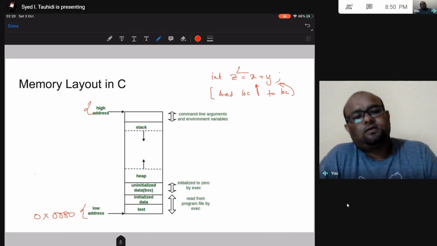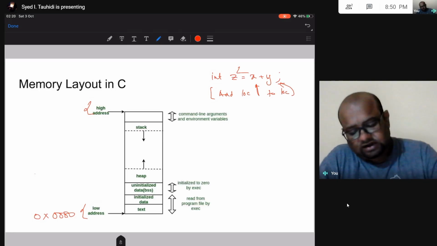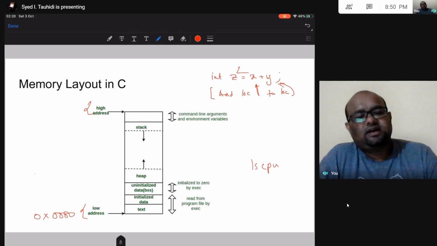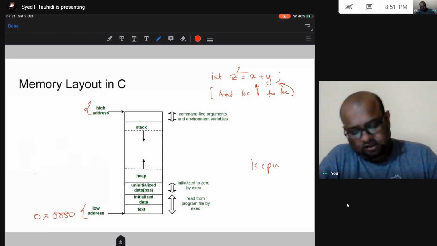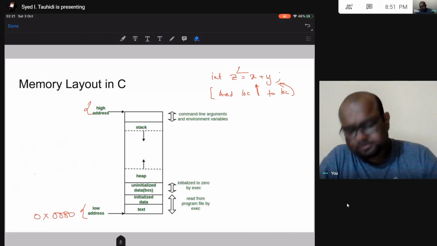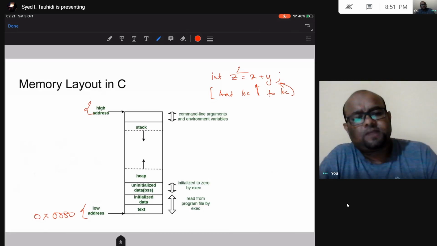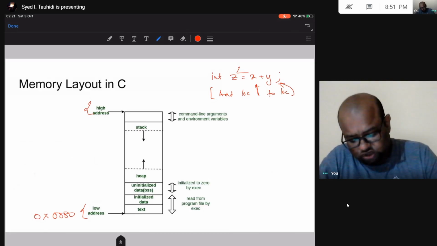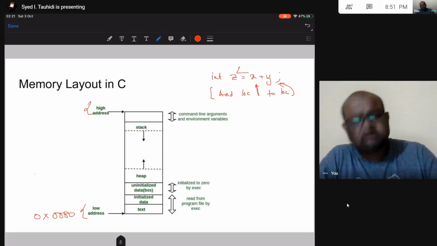Okay, now you can do one thing. If you are running Linux on your computer, you can run this command lscpu. Okay, so if you run this command, you are going to see that your virtual address size is going to be larger than your physical address size, right? So forget all this, you will learn all this in some other subject, specifically in OS and computer organization and architecture, COA. But then this is what it is.